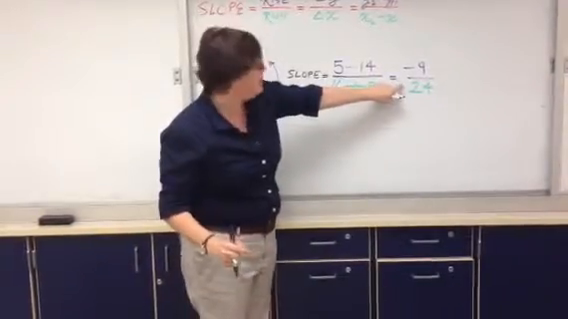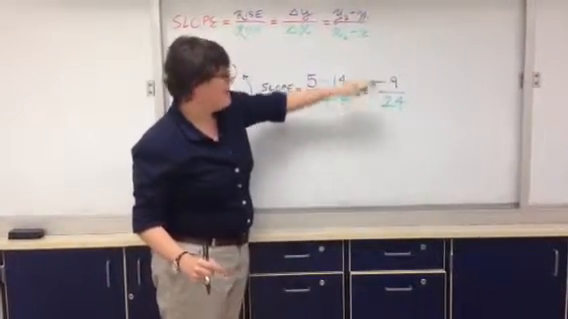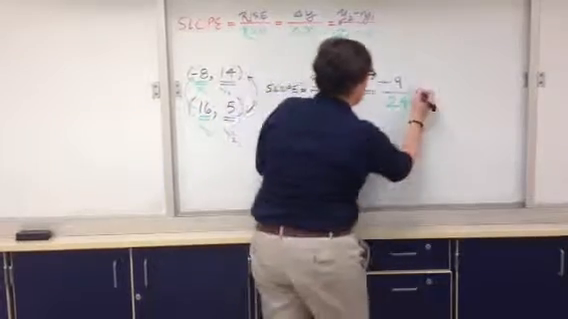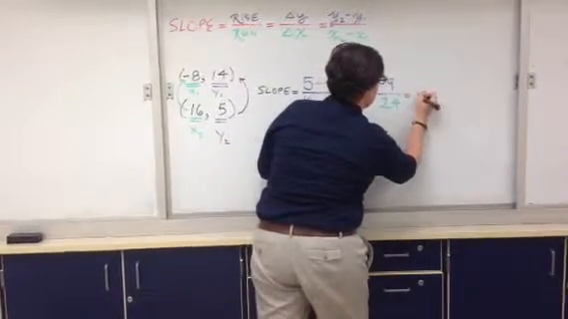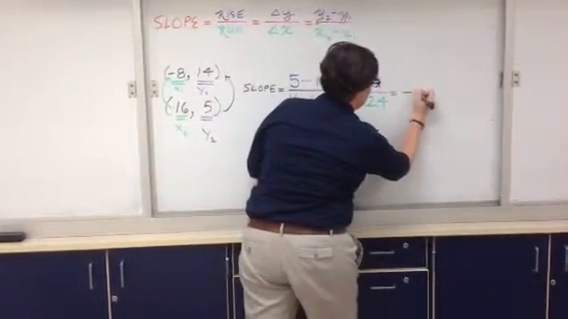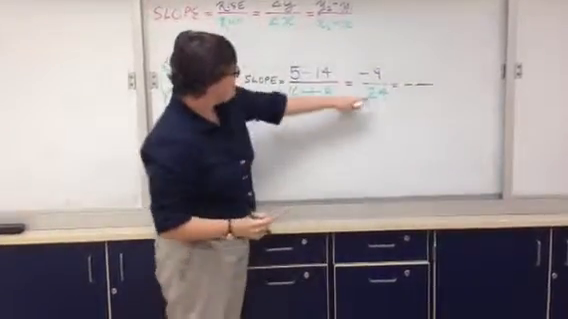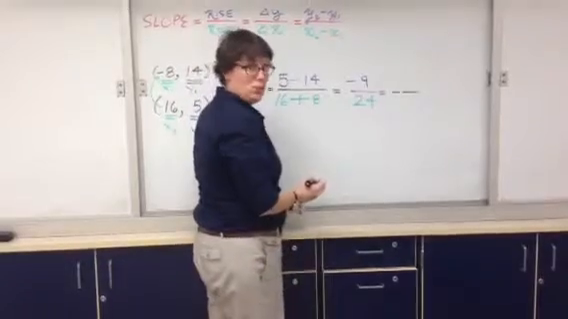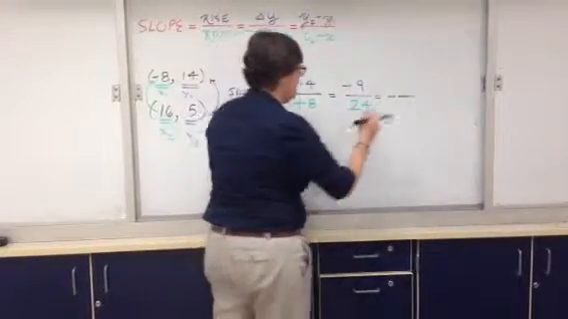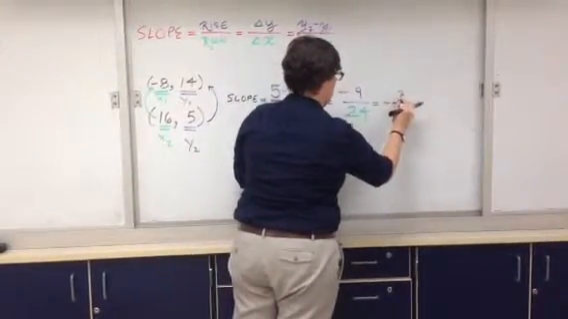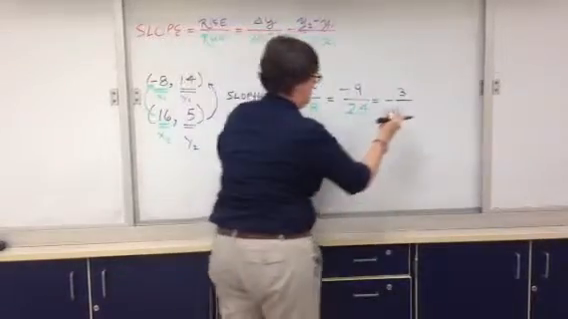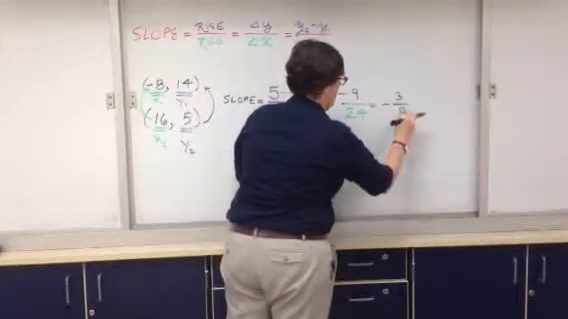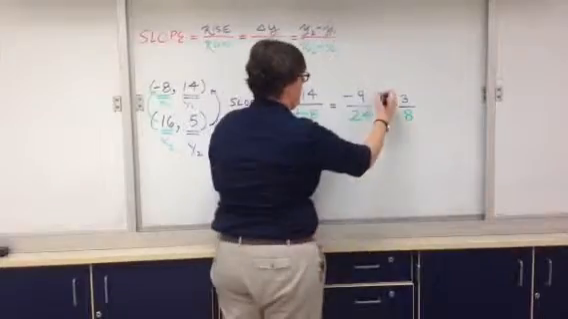Looking at this slope here, I see that it is a negative number over a positive number, so the overall slope is going to be negative. Further, I see that both the top and the bottom are divisible by 3. So I do 9 divided by 3 and 24 divided by 3. That gives me a simplified slope of